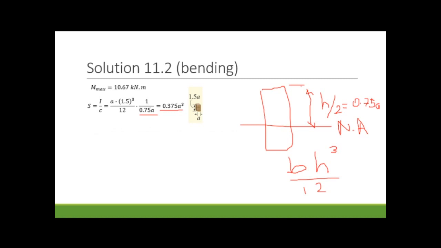Okay, now I put the section requirement, and also I write the maximum moment and sigma levels. I obtain these values. Also, our section modulus should be greater than this value. Then there is only one unknown in here. If I take the cube root, I obtain the A requirement. The minimum requirement for A, by using this formula, is